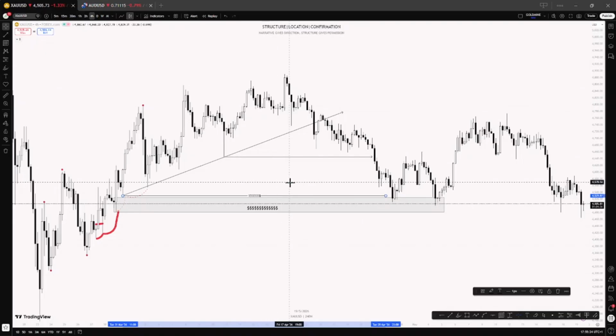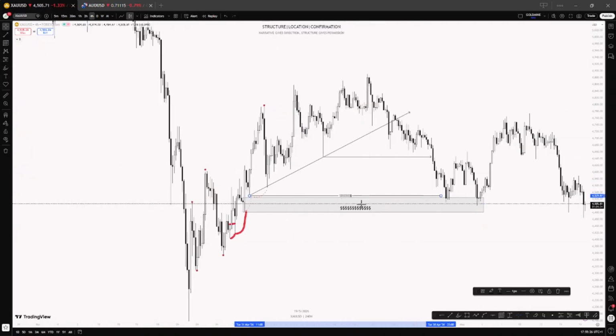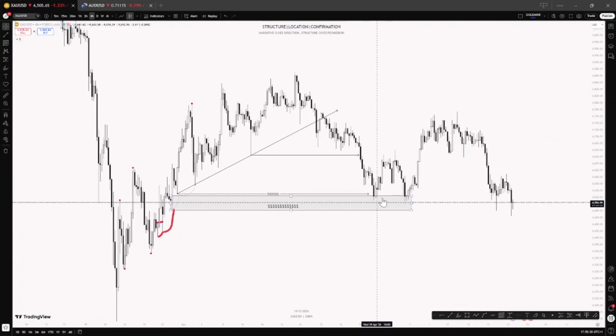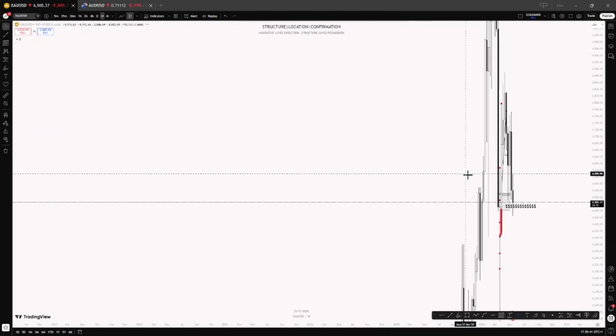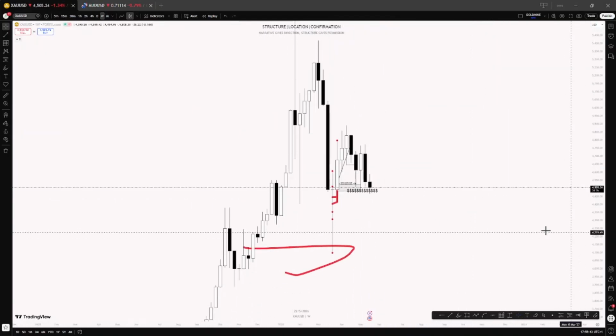You understand that? So now what happens here is that this demand zone has enough volume to push price back higher. And some people would ask themselves now, what happened? Why is this sell happening now? The sell is happening simply because if you go back to the daily time frame, now this is a different way I look at the market, because you would see